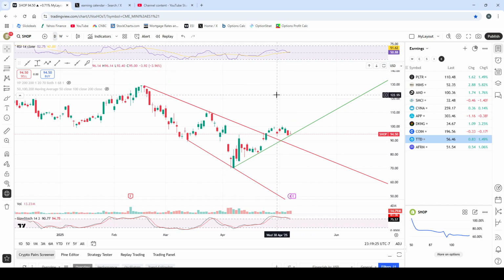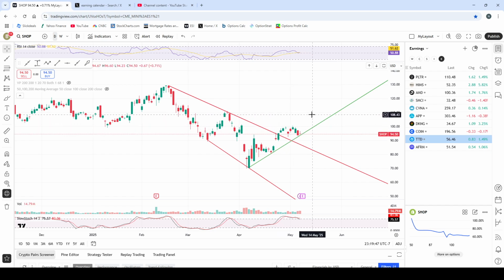But now let's make it simple. So we got a bounce here, and then we got a retrace here. So most likely around this area, we might see a dip and then bounce. Or with a good earning,